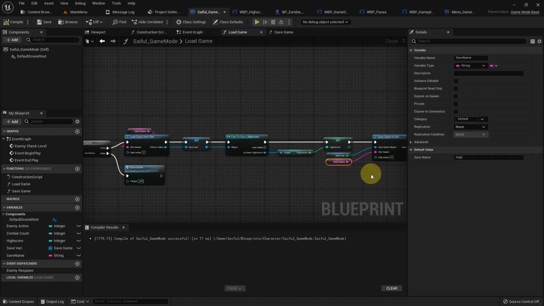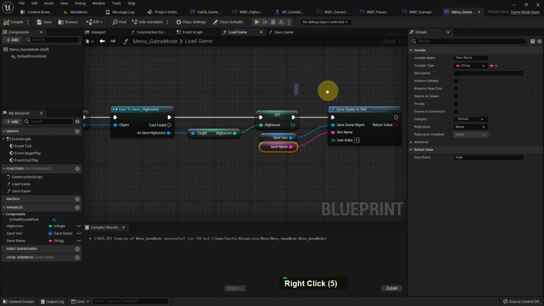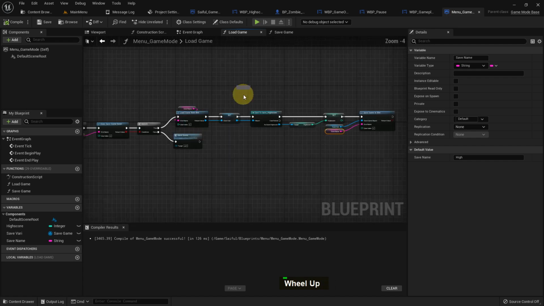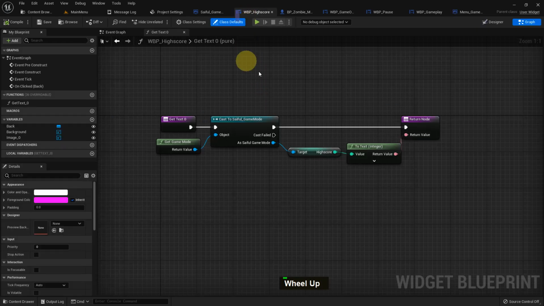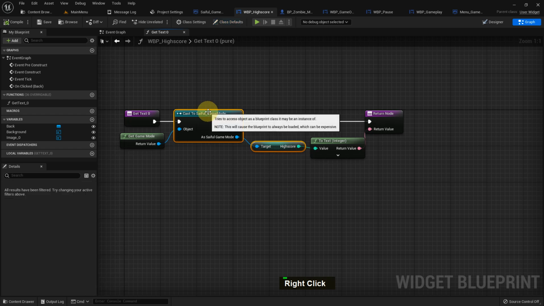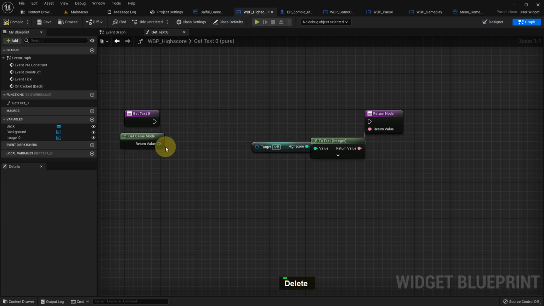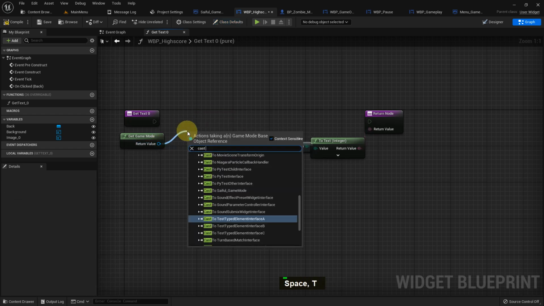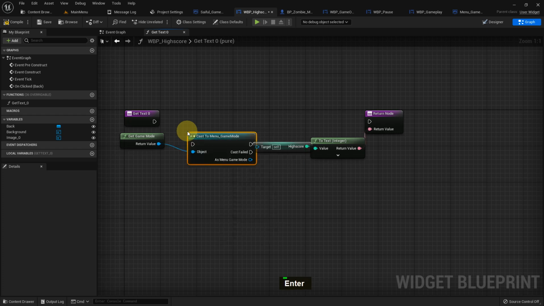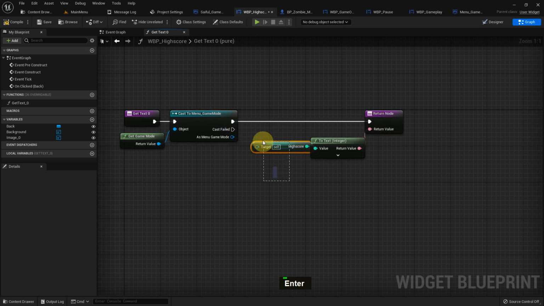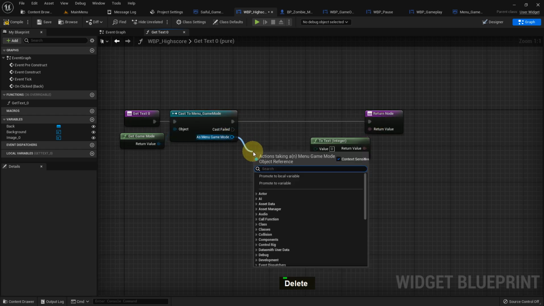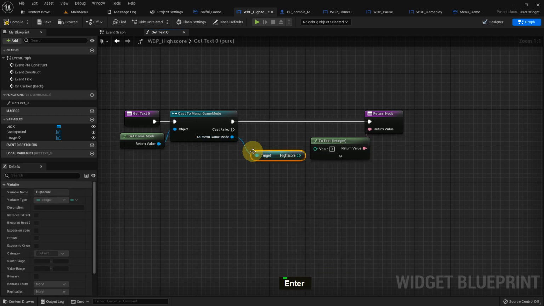There is one more thing in the save high score. Let's go to the save high score first. Here is the save high score. Delete the Saiful game mode because we need to add here the menu game mode. Saiful game mode will not show here because this is menu game mode, and from here I just get the high score which I created inside the menu mode. Edit,